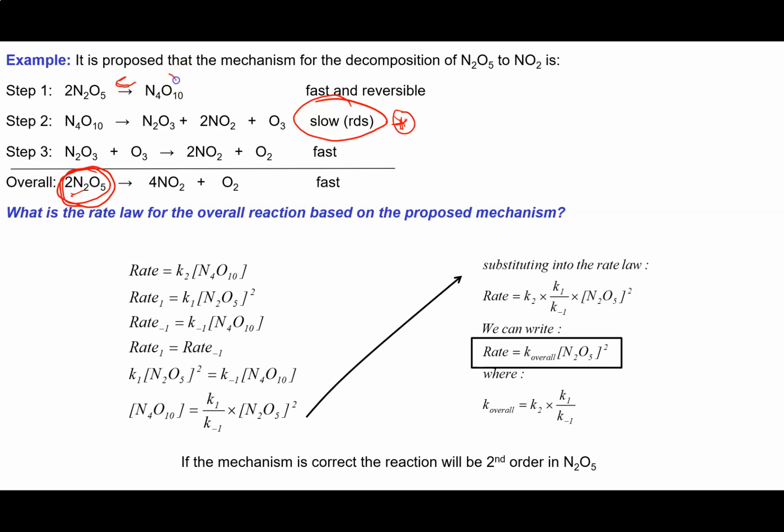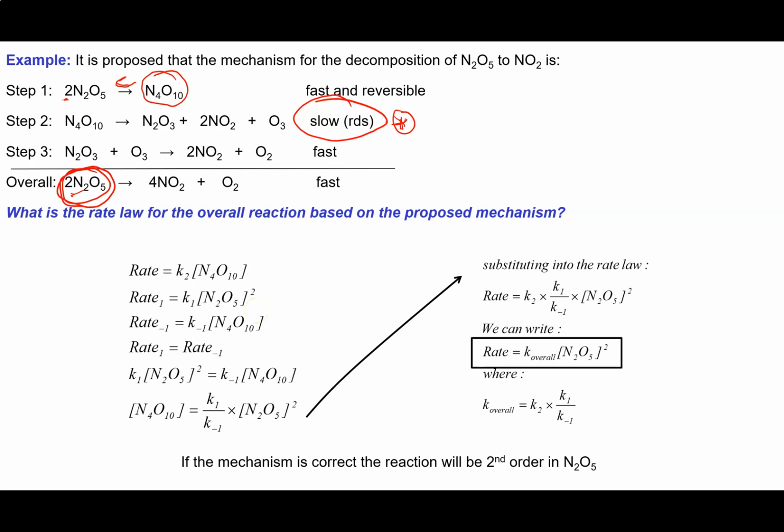And what I'm going to do is recognize that because my second step is slow, the concentration of this will build up, and that's going to cause the rate of this reverse reaction to increase until it equals the rate of the forward reaction for the first step. So rate 1 for the first step, the fast step, is equal to K1 multiplied by the concentration of N2O5 squared, because there's 2 of them. The rate of that reverse reaction will be, K to the minus 1 is the rate constant for the reverse reaction, multiplied by the concentration of N4O10, and there's only one of them, so